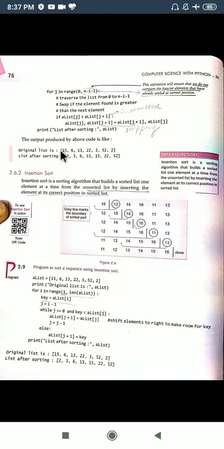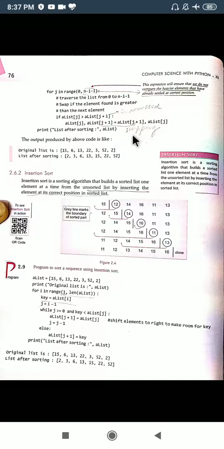This is the 0th element, this is the first element. How to swap them? Just put this element here. So a[j], a[j+1] = a[j+1], a[j].